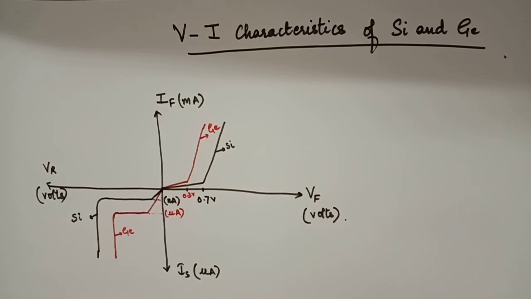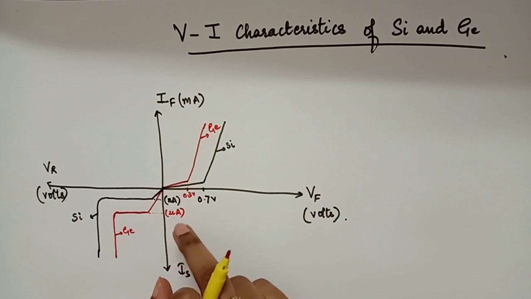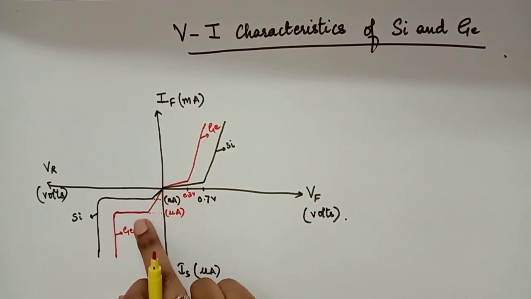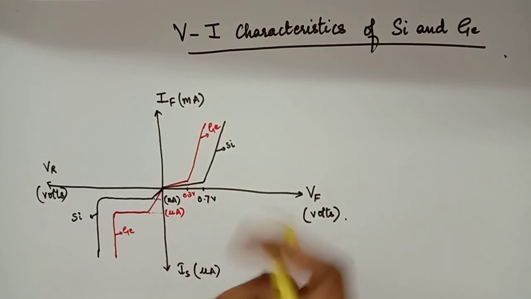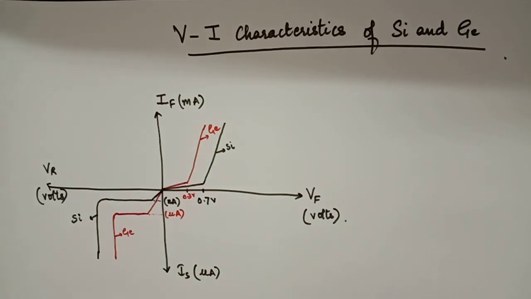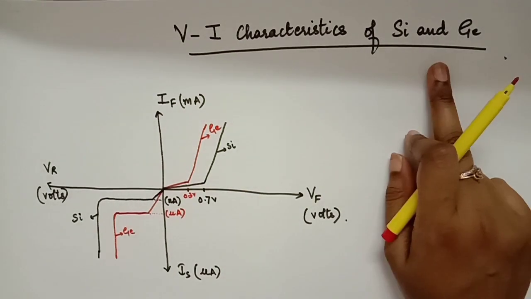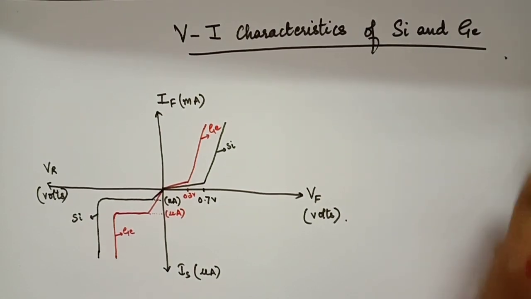So very simple to remember. We know that germanium is more unstable than silicon, so draw the breakdown voltage of germanium earlier as compared to that of silicon. We know that the reverse saturation current for germanium is more as compared to silicon, so draw the line deeper for the reverse saturation current. And we know the knee voltages for silicon and germanium are different, so accordingly we have to draw the knee voltage and show the forward current. So this is how we will draw the VI characteristics of silicon and germanium. I hope it must be clear to everyone.